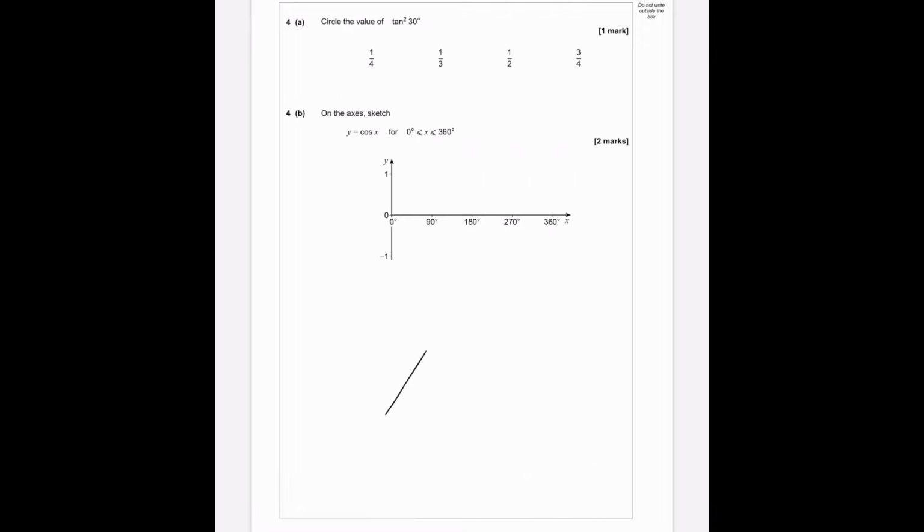Okay, question number 4. Tan 30 is going to be root 3 over 3 or 1 over root 3, whichever one you prefer. Squaring that is going to give us a third. If you forget your common trig values, you can draw a little triangle. As you can see there, I've got an equilateral triangle with side lengths of 2, and I've split it up into 2 separate sides. The angle will be 30 at the top. Using Pythagoras, you can get the root 3, and you can see that tan of 30 is going to be 1 over root 3,